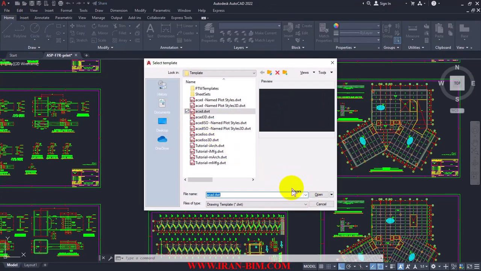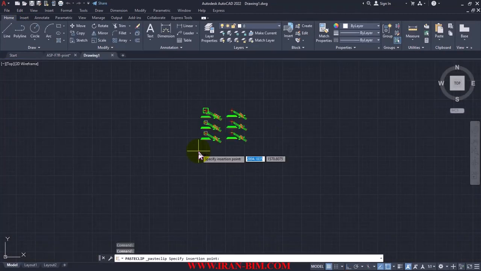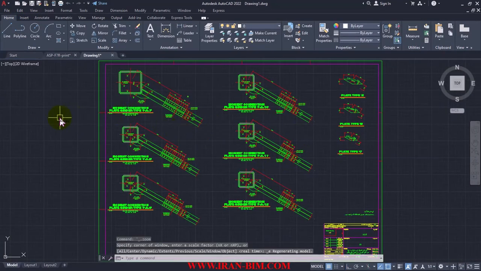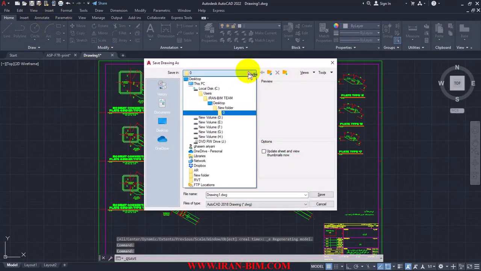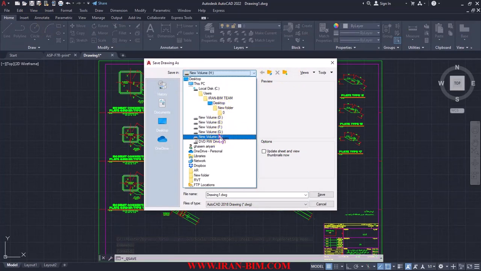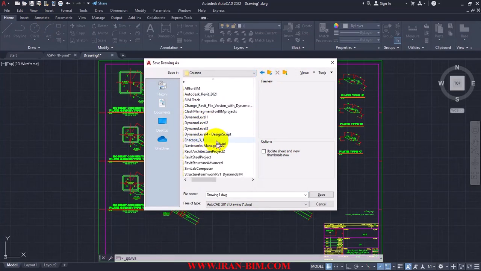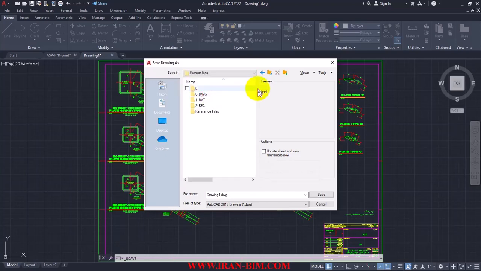Just be sure to do this so you can control your work. And then we save this file, in a destination where you want to save your files, whatever you want it to be. We will talk about this in more detail later. And now you go to this file and then DWG, and then we create a file here. For example, the name of the project, 0-F7, and then again dash,